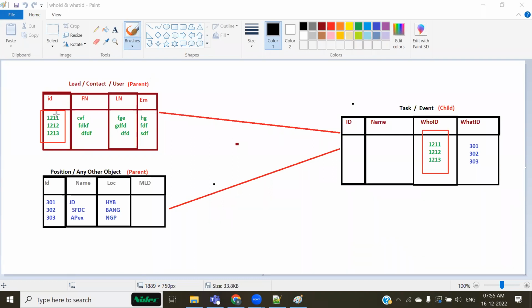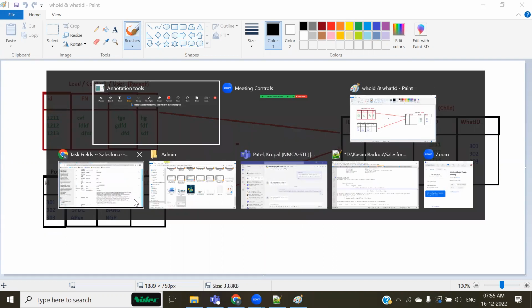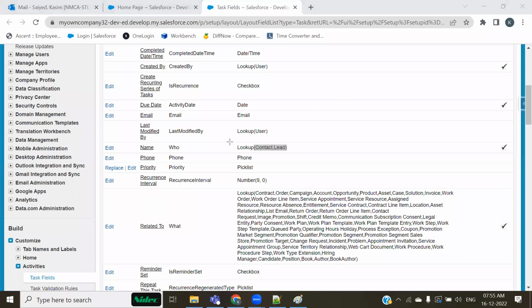Apart from these three, any other object, the ID would be transferred to what? And this I could show you over here as well. See, there's no name of user, but user by default is mapped. So Who ID would always store